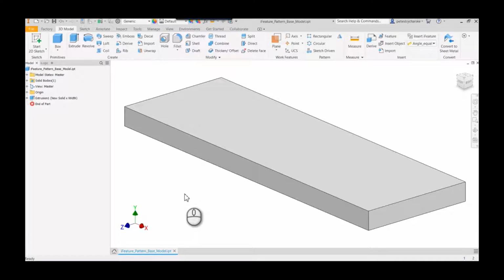Hey everybody, this is Pete, and in this video I want to demonstrate a technique for building an iFeature that contains an internalized pattern. This could be very useful for some customers I've worked with, for example woodworkers, where they get a rather generic cabinet model or something and they want to put the joinery holes in the edge